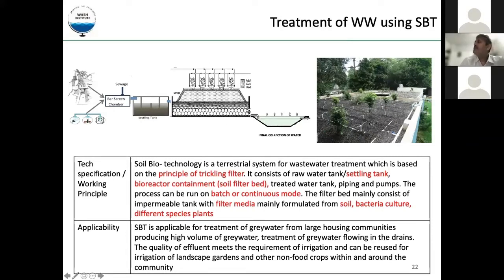If you see the picture here, this is again filled with different graded gravels and sand, all such things, and the soil. In this case, soil is also put and the plants are grown on top of it, and the water is poured from top to bottom here. And when you put this, when it comes out, the water is treated to the required standard. And at the end, we always use a pond in the case of DWATS, or here it is for the hygienization and disinfection with ultraviolet rays.